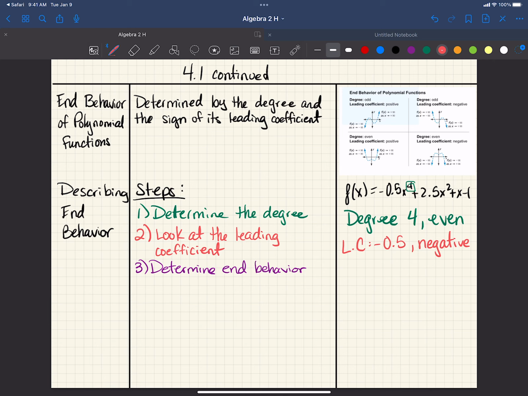So now I'm going to look at my chart, and I'm going to look for the one that says even and negative, right? So whenever you have an even function, just as a little hint, even functions always end in the same direction, okay? Think of the parabola, right? It is a U shape. So what's happening is that it's going in the same direction. So a quartic, which is also an even degree, is going to look something like that. It's not going to be perfect. It can obviously have different values, but that is the general idea,